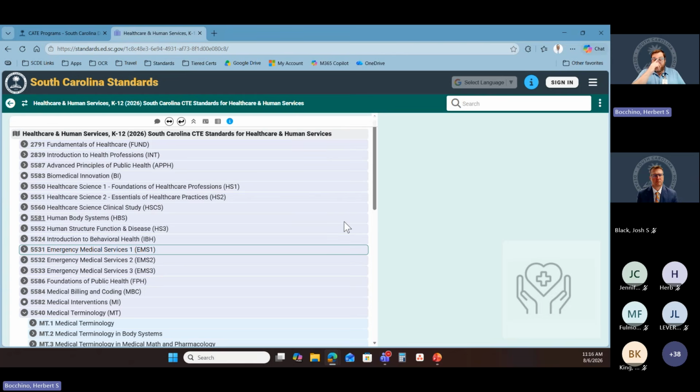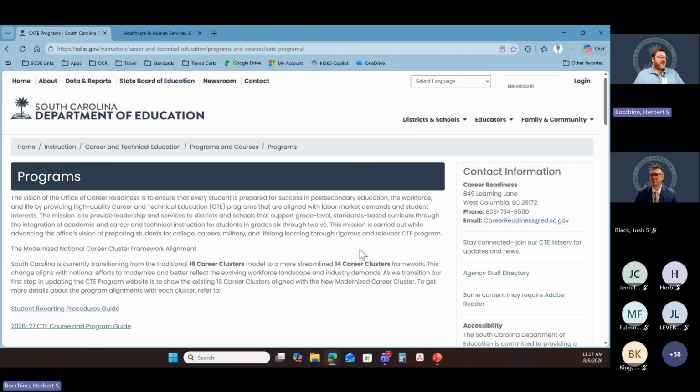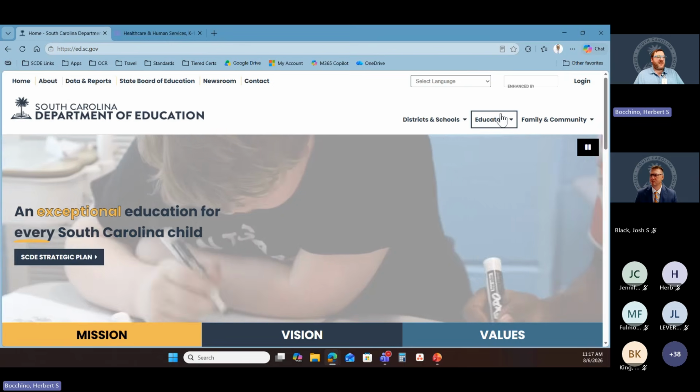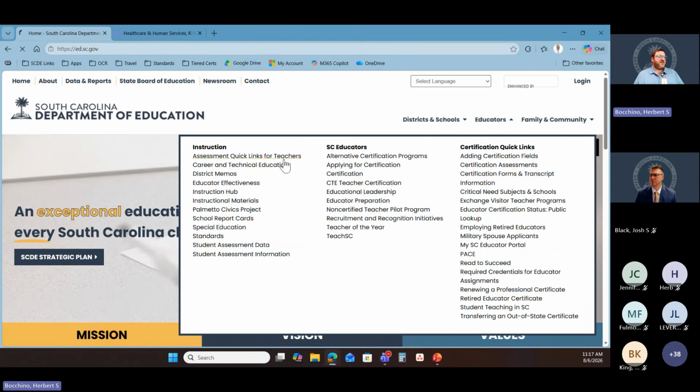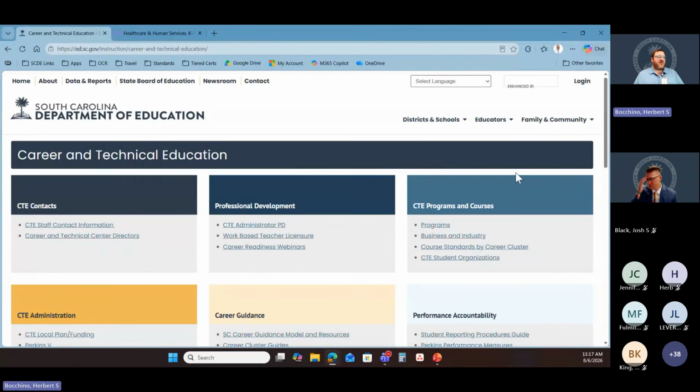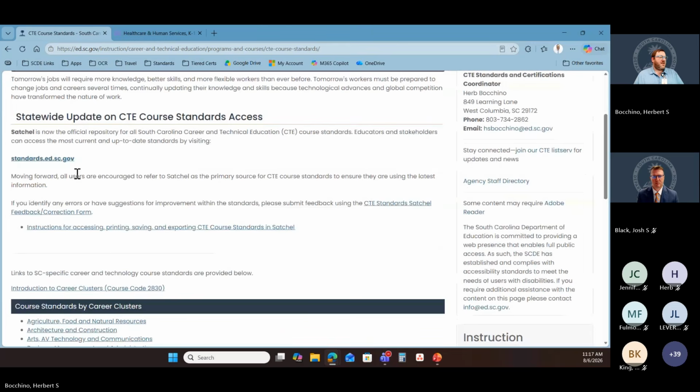All of the information that I just showed you is available in those instructions that I posted in the Q&A. So those instructions, again, are available on our South Carolina Department of Education website. So if you'd like to access those, again, we're going to go to Educators and then Career and Technical Education. And then all the information for Satchel is located on our course standards page. So if you click under CTE programs and courses on the course standards, there's a link to Satchel,